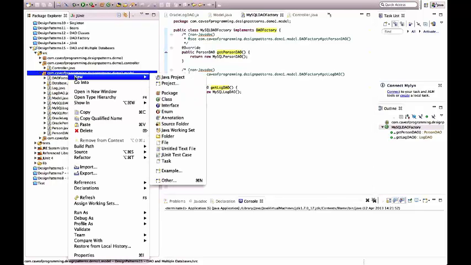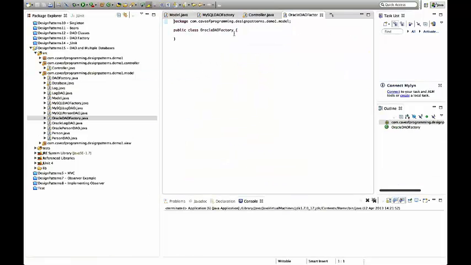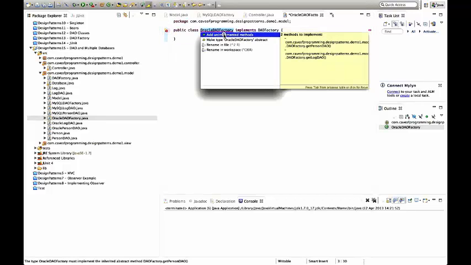I'm just going to right-click and go to new class, and I'm going to call this Oracle DAO factory, and click finish. And all the DAO factories will implement DAO factory, that interface,